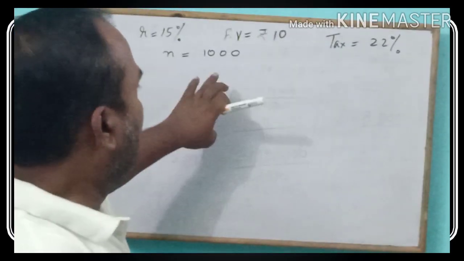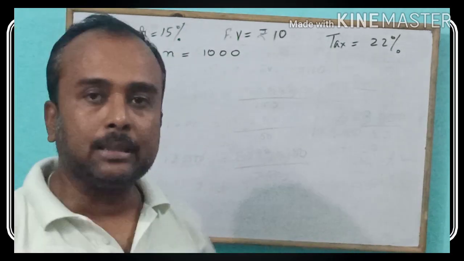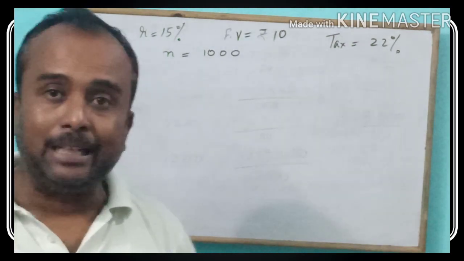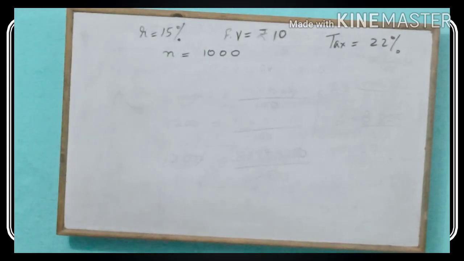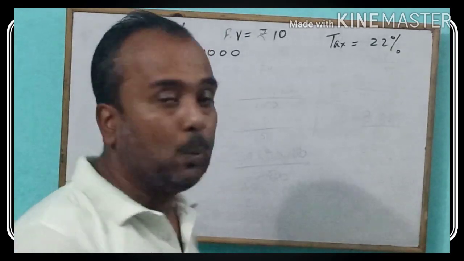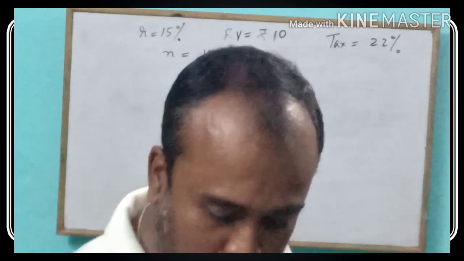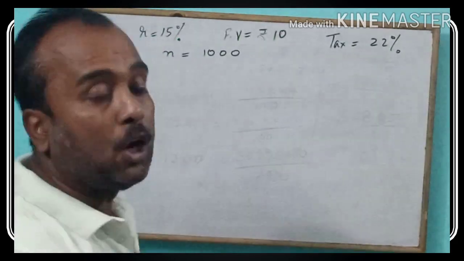Well, in our last question for this video, I think after this most of your doubts or clarifications will be clear about this chapter. In this question the rate of dividend is given 15%, face value is 10 rupees and tax deducted is 22%. Here the new term is tax. Number of shares is 1000. We are supposed to find the annual income of a man who owns 1000 shares of this company.